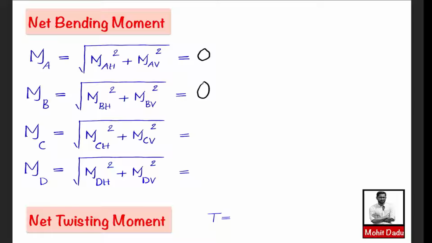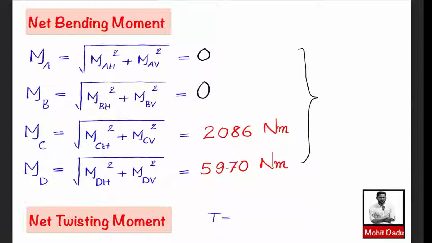Now you have MCH and MCV, so that you can find the resultant bending moment at C. Substituting the horizontal and vertical components, you will be getting 2086 Newton meter as the resultant bending moment. At location D, you will be getting 5970 Newton meter. Out of these four positions, the maximum bending moment is coming at location D. So this should be taken as the value of M to be substituted, and this M will be equal to